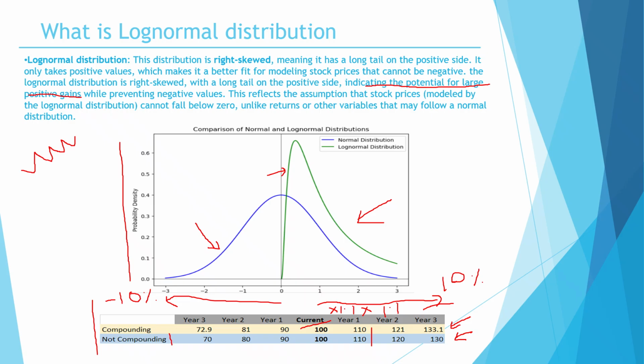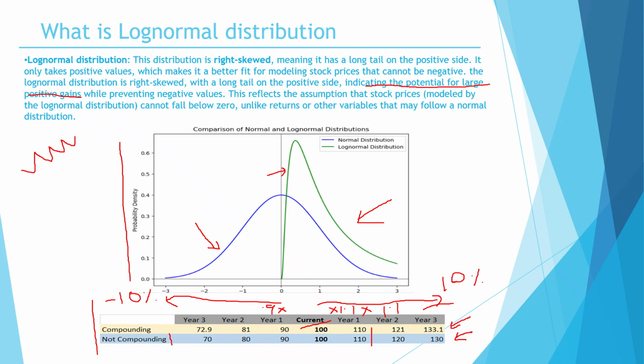Similarly, if I move towards the left hand side, here also what we are doing is that we are reducing the current price by 10%. So if we are reducing the current price by 10%, then we are multiplying the current price by the factor which is 0.9. So we are multiplying 100 by 0.9, and the resultant value will be 90 in year 1,